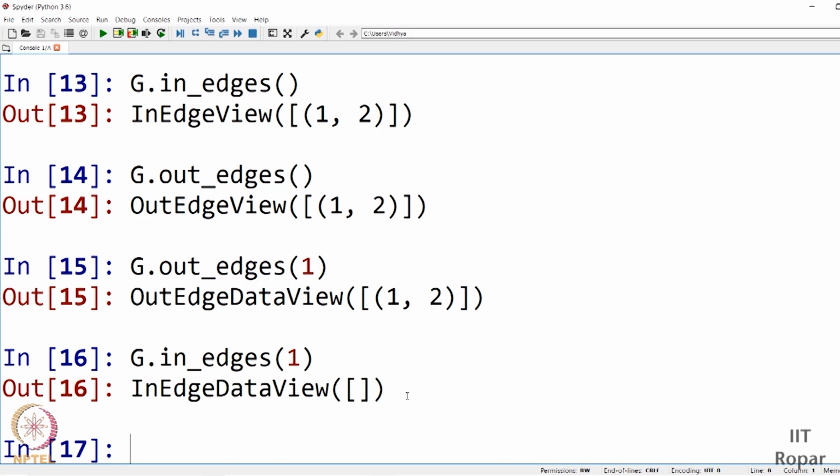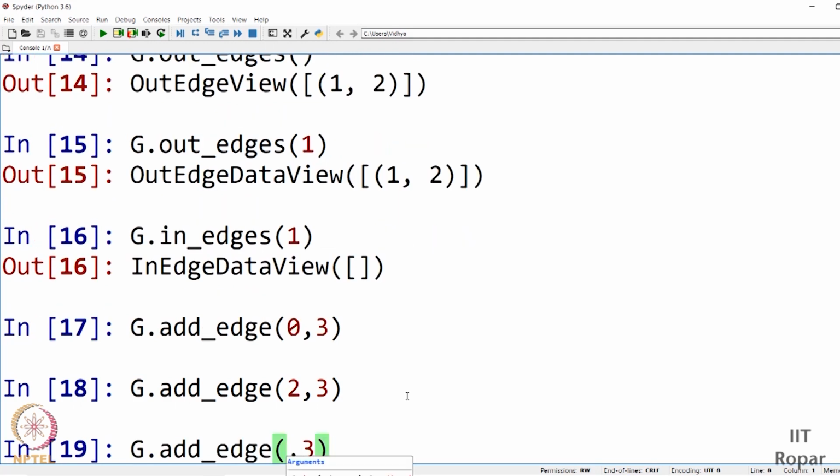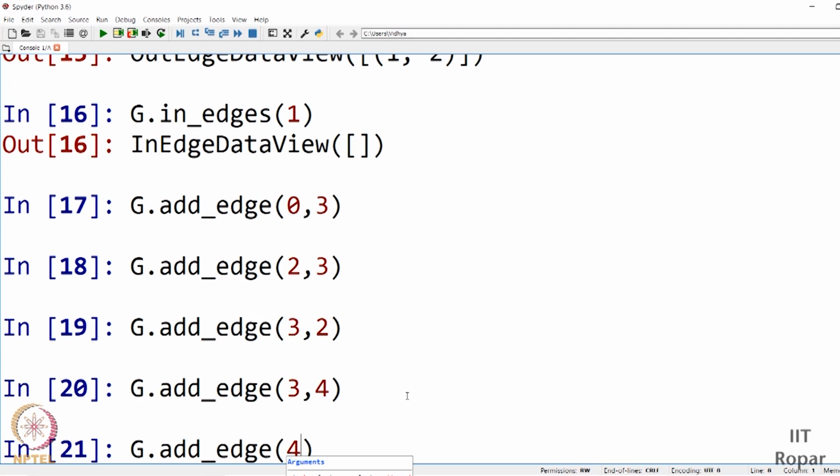So let me add a few more edges and let us see. Add edge from 0, 3, let us say 2, 3, and let this be a bidirectional edge, 3, 2 as well. Let us add 3, 4, 4, 1. Please note that the order matters.